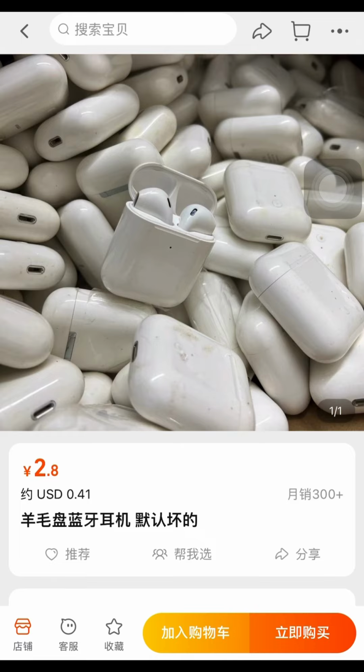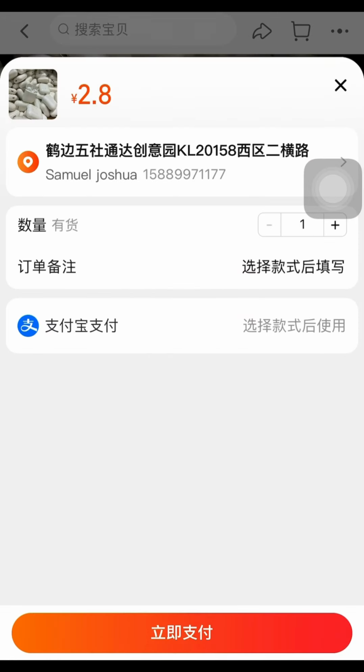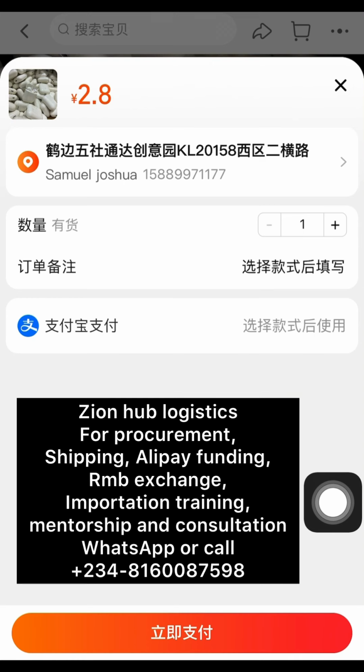So let me just say I wanted to buy. Let me click on this orange icon, and by default I have already added my shipping address here. I'm going to be adding that video under the description button, so it's fine. You are going to learn how to add your shipping address, so I'm not going to be going there. So under where we have one, if you want to buy one item,